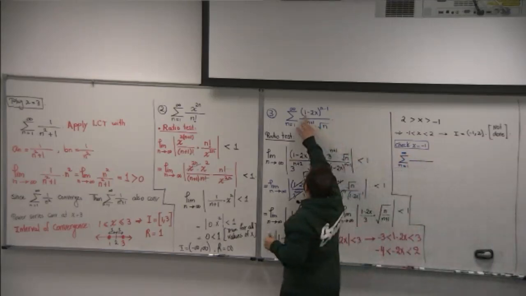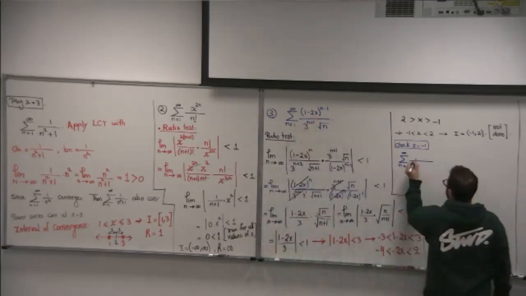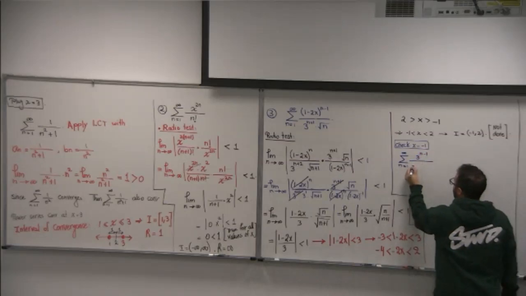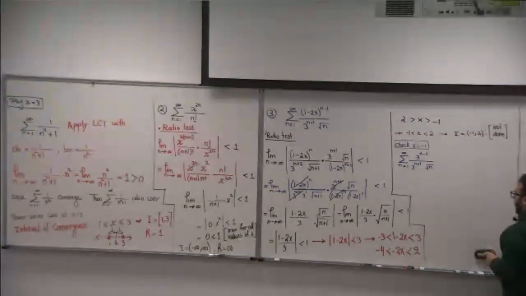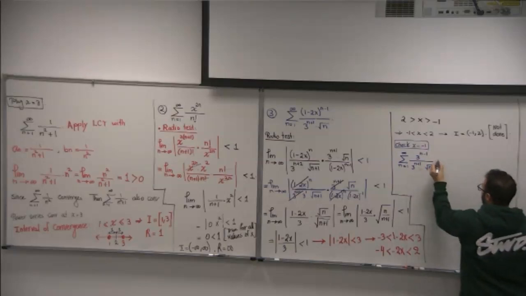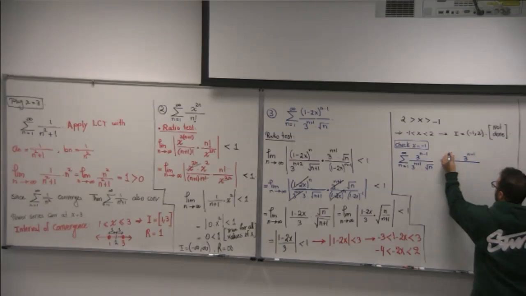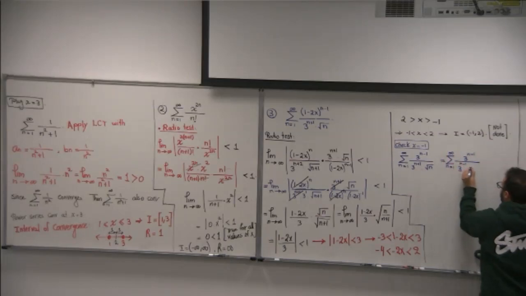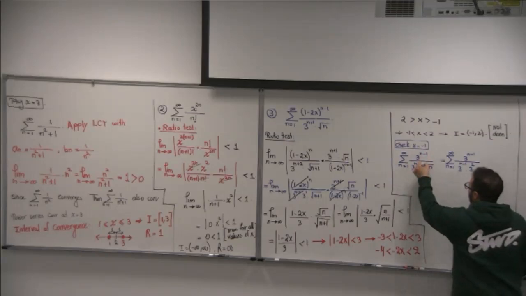Okay, minus 1. So this becomes 1 plus 2, 3 power n minus 1, 3 power n plus 1 root n. Now, that's actually a cancellation between this and this, but if you cannot see it, then you can write this as this. So this becomes what? 3 power n minus 1. Here you can write it as 3 power n minus 1 times 3 power 2. Because, when you add them together, you get plus 1. Or you can do it in whatever way you want. Some people will take it like this,